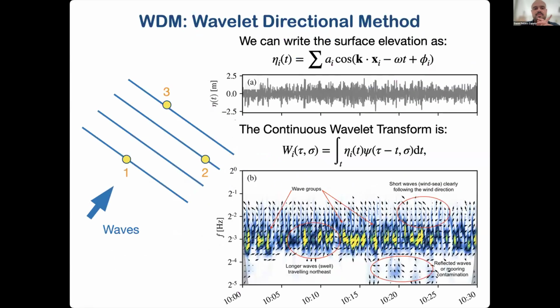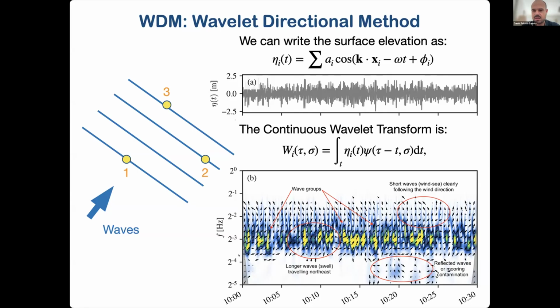So the method proposed by Donnellan, which is the wavelet directional method, the WDM, consists of this: imagine you have some waves traveling towards this direction, and you have an array of wave measurements. You can write the sea surface elevation as a combination of plane waves, something like this. And when you compute the continuous wavelet transform, you will decompose the signal into their frequency components, or the evolution